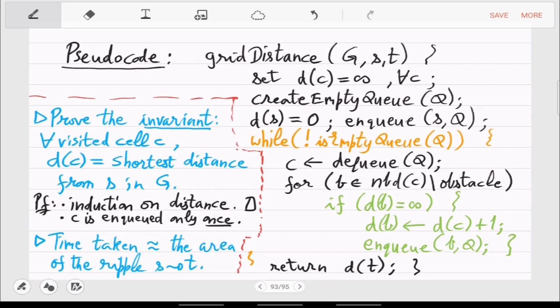Any other question? So wouldn't there be a stopping criteria in the while loop? Like once we have encountered our final. Yeah. So that you can add. Because like that reduces the number of iterations. Yeah. You can add that. But since t is arbitrary, I did not add it. You can as well fill the distance of all the cells.